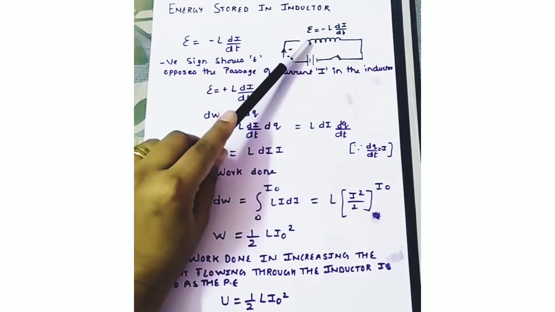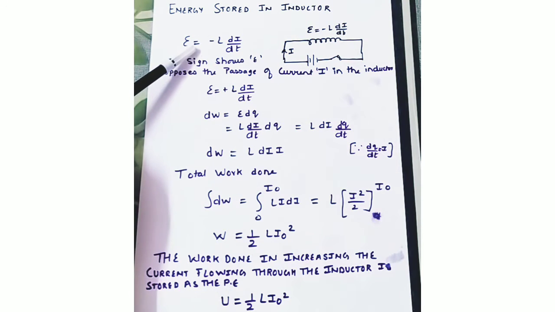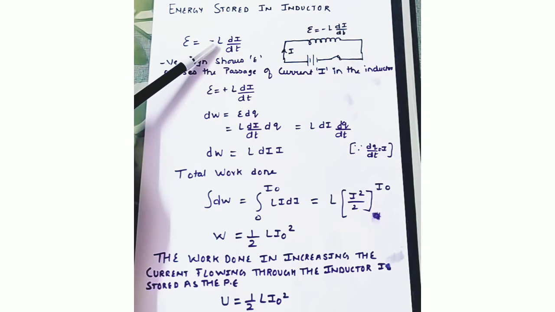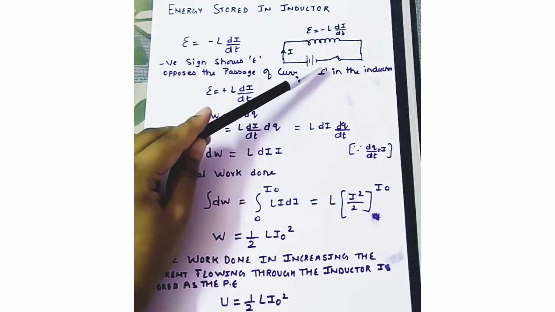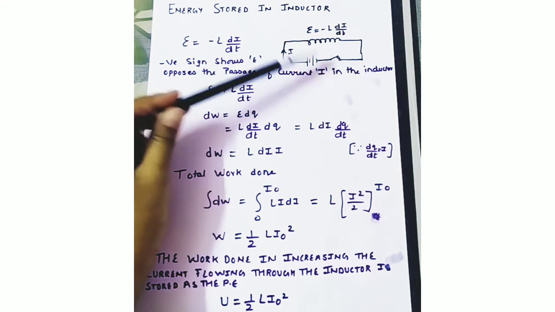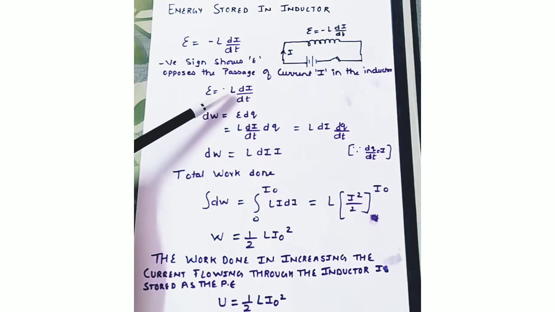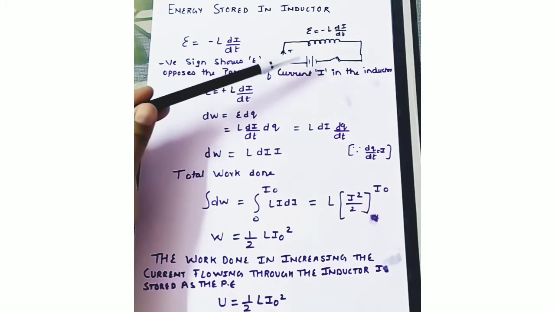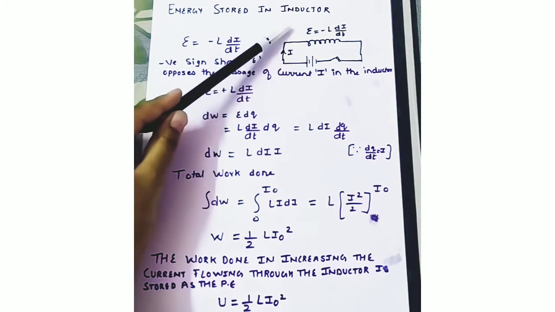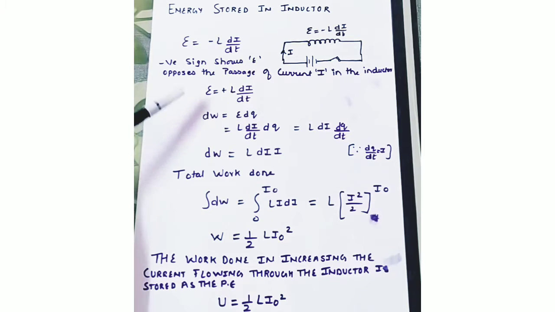When the current I flows through it, because of the self inductance we found that the EMF of that inductor will be minus L di by dt. This negative sign shows that the inductor is opposing the flow of current, right? So when we apply an external voltage V, we found that E is equal to L di by dt. Every time the current has to pass, it has to do some work, because the induced EMF is opposing the rate of change of current flowing through it. It means some work has to be done.